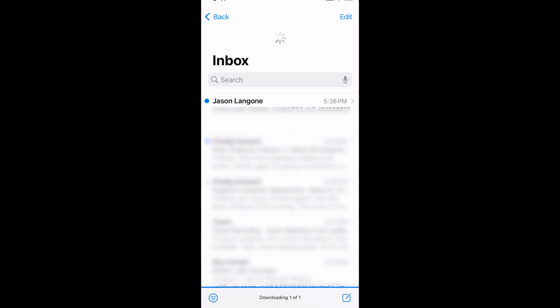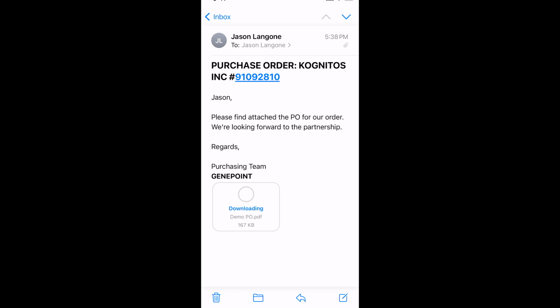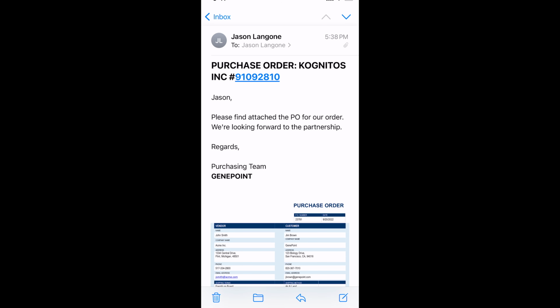This manual process for most looks something like this. A sales rep receives a purchase order in his or her email, perhaps gives a fist pump or a congratulatory high five, and then fires up their laptop to start closing out the order. I was a sales rep in the field for over a decade, and I would often see the order come in on my phone and then go grab my laptop, fire it up so I can start closing it out